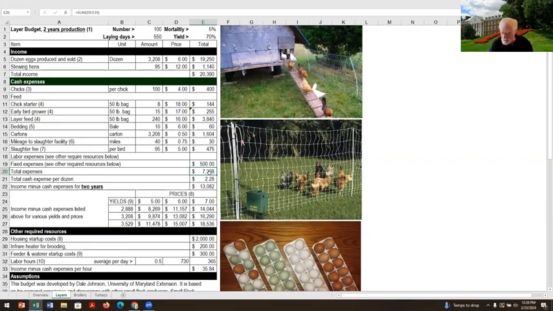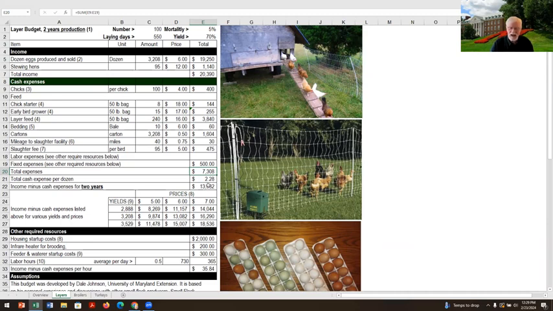So there's my total expenses. All right. And a useful figure is if I take my total expense and I divide my production, my dozen eggs, into it: $7,308 in expenses divided by 3,200 dozen, it's costing me $2.28 per dozen to produce these eggs. I haven't got my labor in there yet, but that's how much it's costing me to produce these eggs.